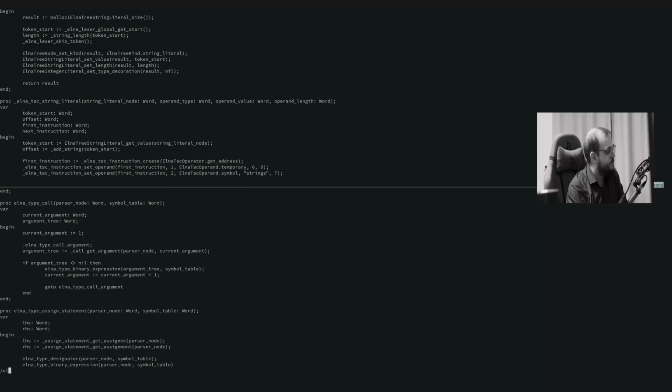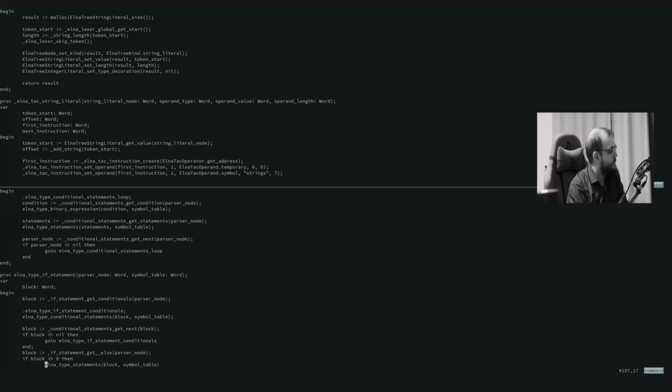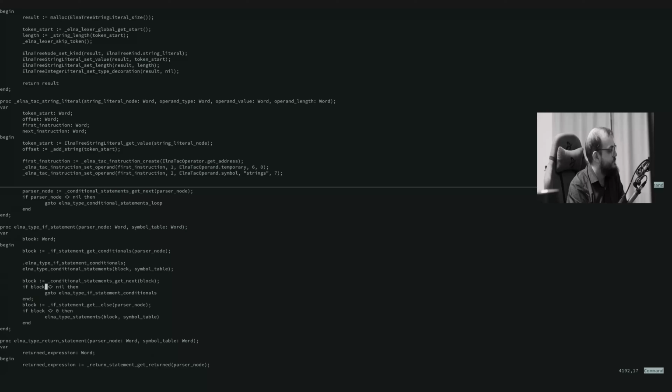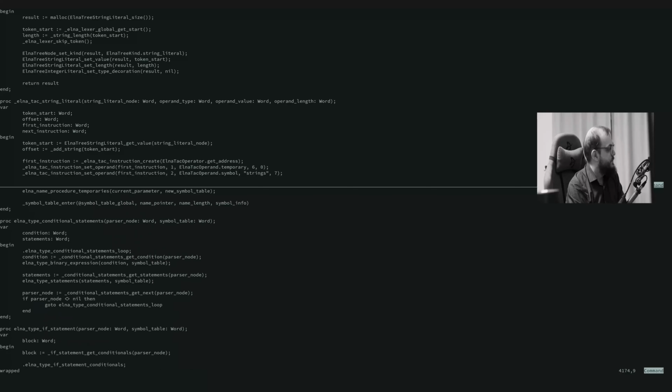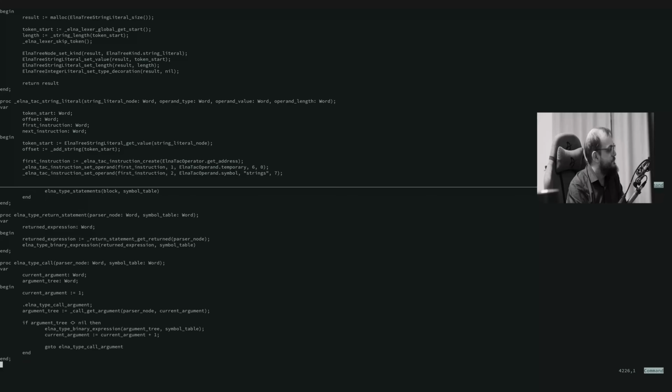So let us look at Elna type statements, or more exactly to where it is called. The one place is conditionals, if statements, the other one should be procedure declaration. It can be that I don't call these functions at all. So